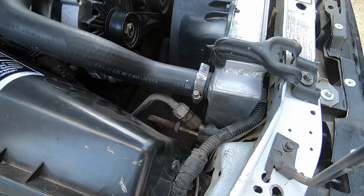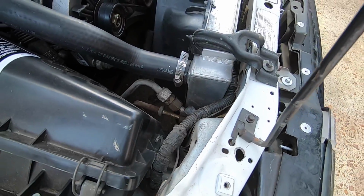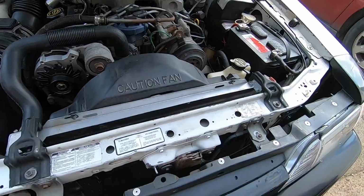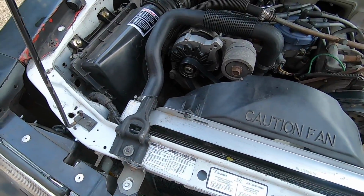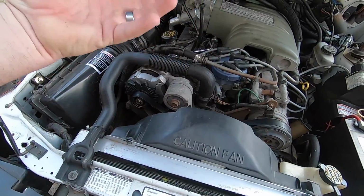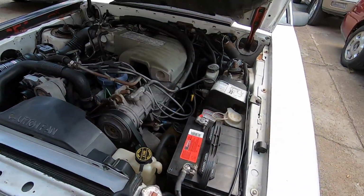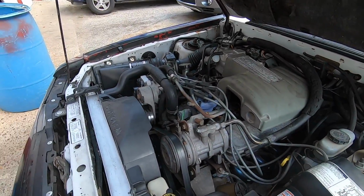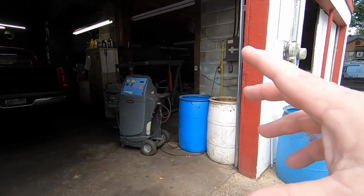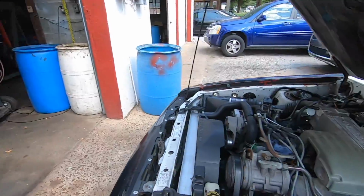Obviously, somebody was trying to make it work at some point. If it doesn't work, it doesn't work. But put a condenser in it. We've got several good condensers off cars that we've done coyotes on, so it's not a big deal. I was really hoping we could go ahead and get the air working, but we're gonna go ahead and charge it up, see what happens, and just kind of